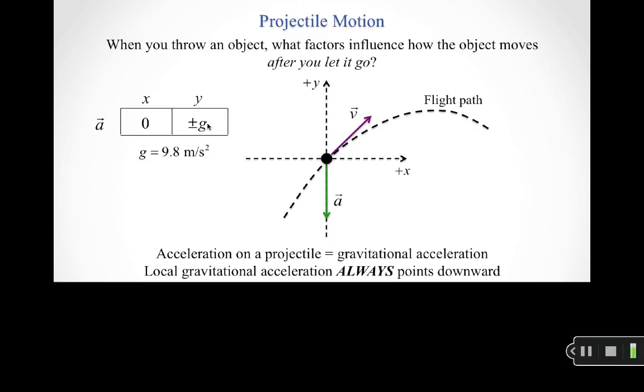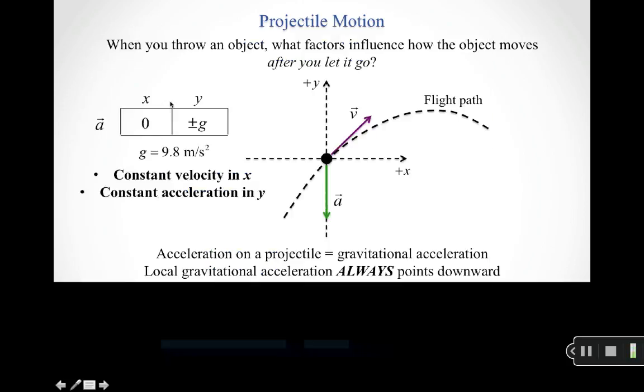But just be aware that g itself is a positively valued number. The minus sign that we often associate with g is really about your choice of coordinate system. Okay. So what this means then is if these are the components of my acceleration,